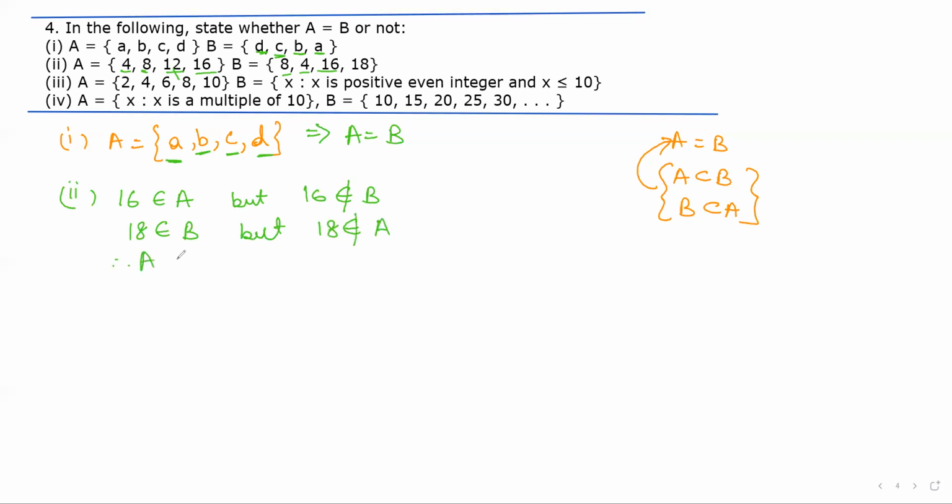Therefore, we can say that A is not a subset of B and B is not a subset of A. Therefore, A is not equal to B. Next,